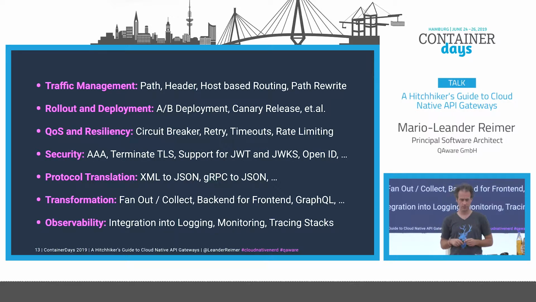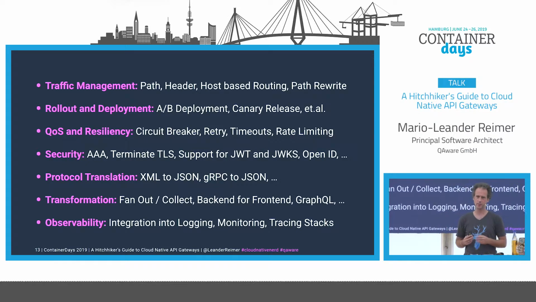GraphQL support. There are some API gateways that support GraphQL. And of course, this good old observability thing. So I want integration into logging, monitoring, tracing, right? So API gateway as the first entrance into my microservice architecture could be the one that, for example, propagates the trace IDs, OpenTracing IDs to all those services. So all features, all functionality that are kind of useful, often required,